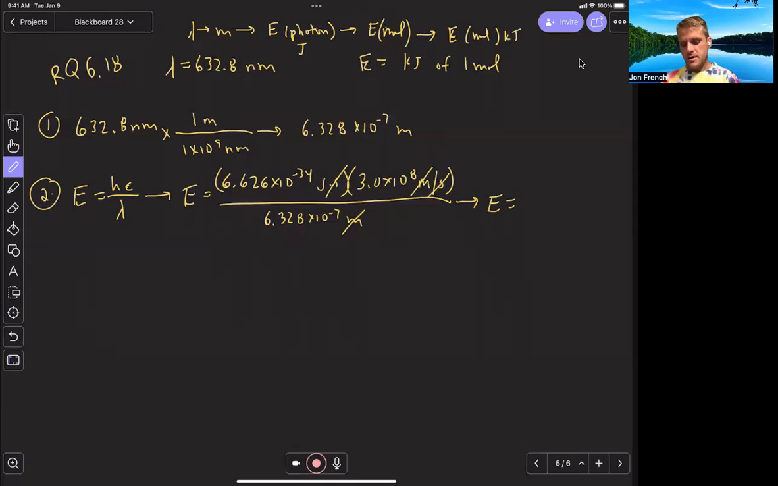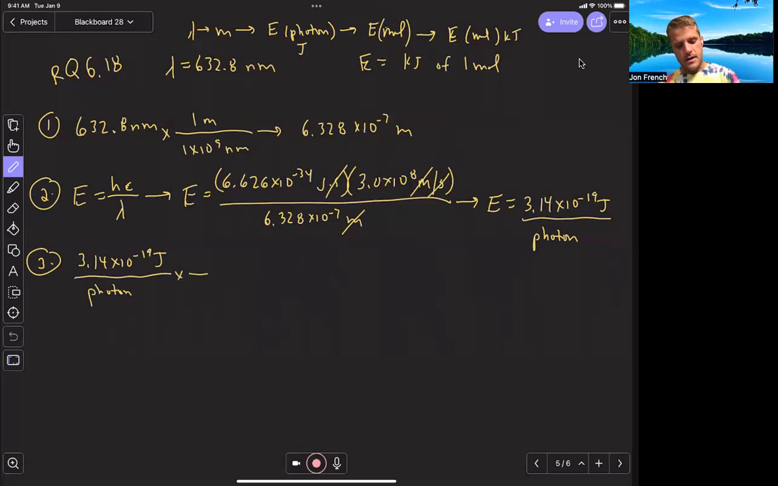So divided by 6.328 times 10 to the minus 7. And my energy is 3.14 times 10 to the minus 19 joules per photon. So this is kind of bringing together a couple different questions because, okay, I've got 3.14 times 10 to the minus 19 joules per